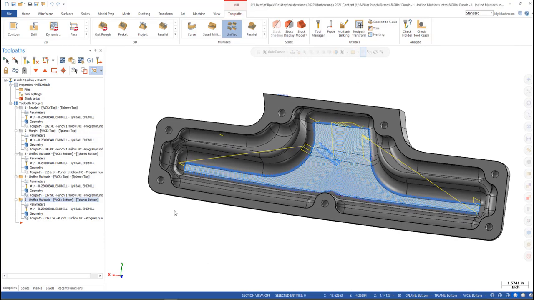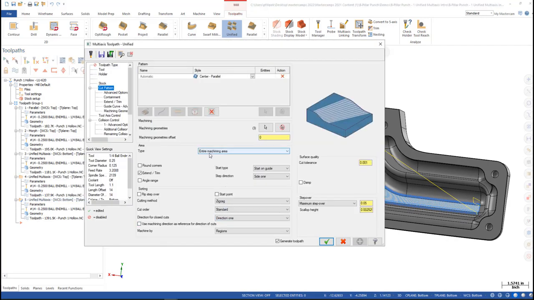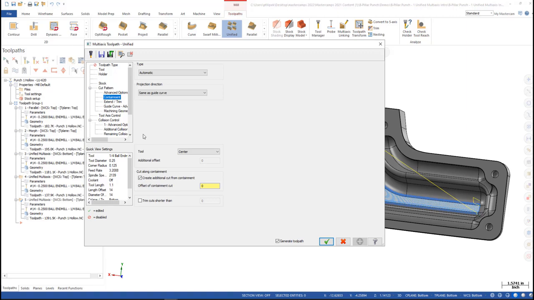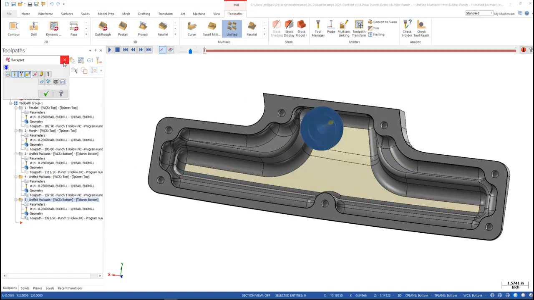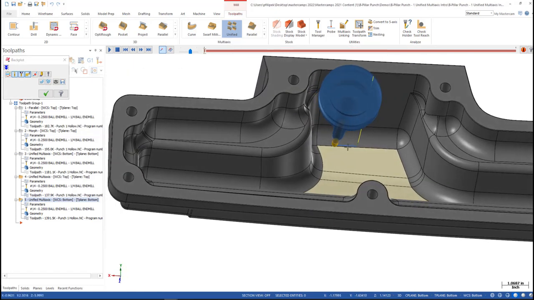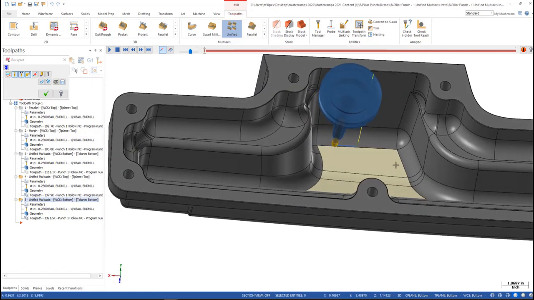So another option that we do have, which is kind of cool, once we get back in here, is we can come in here and go to containment. And I can create an additional cut from containment there. I already have that one in, so let's go ahead and see if we're seeing it. My first cut here should be along the outside edge of that, because when we're doing a spiral cut like that,